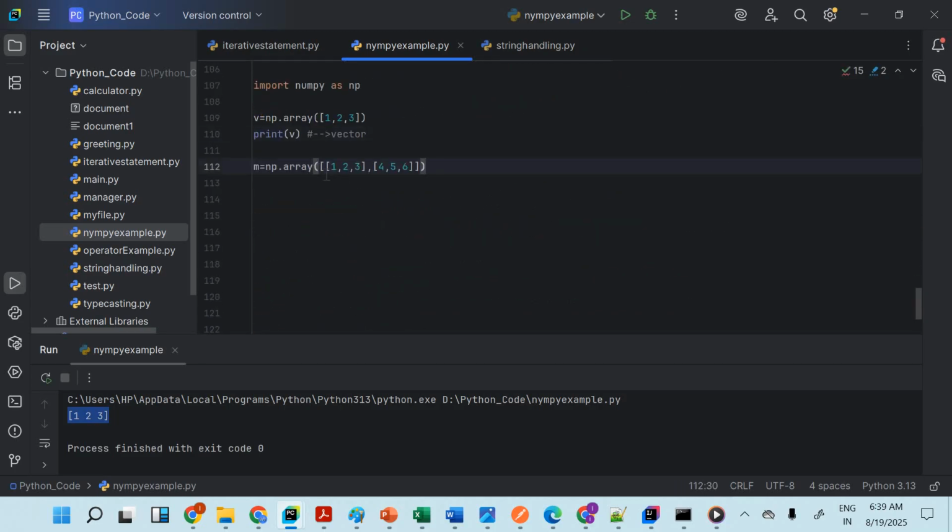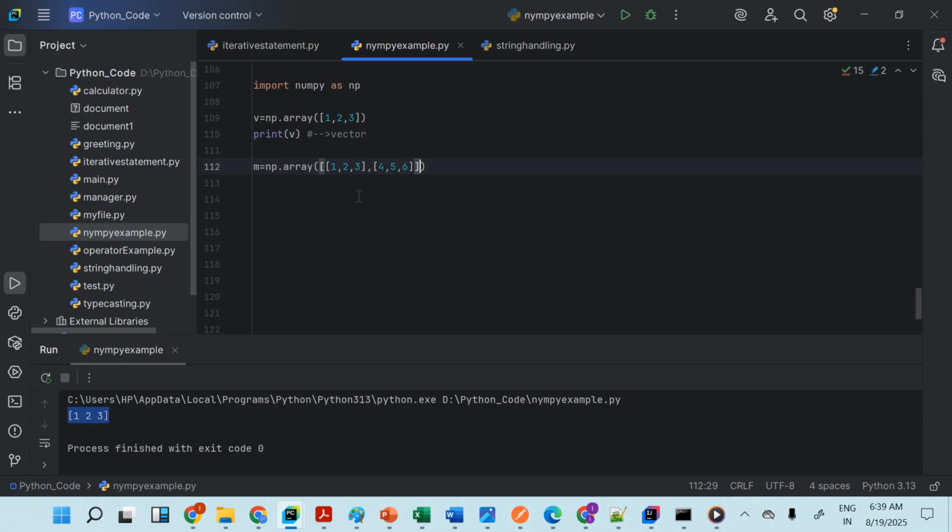Okay, so what we are putting here, we are putting a first square bracket, right? So this is one row, that is a one inside, and that is a second row, right? And these are the columns of the first row. So here you can see we have one outer square bracket. What is the outer square bracket for? Complete